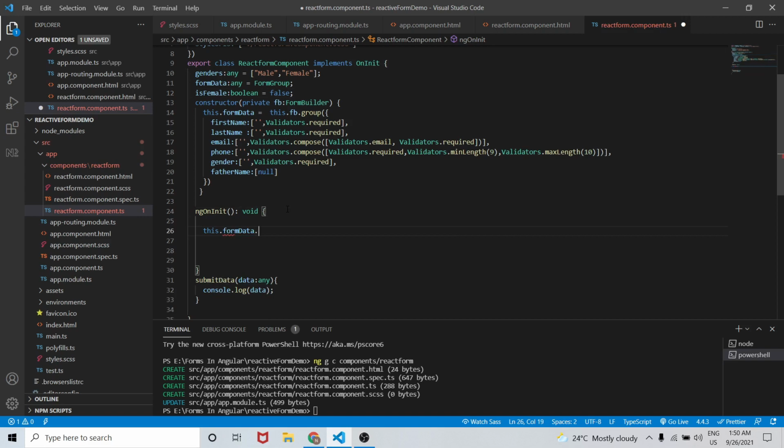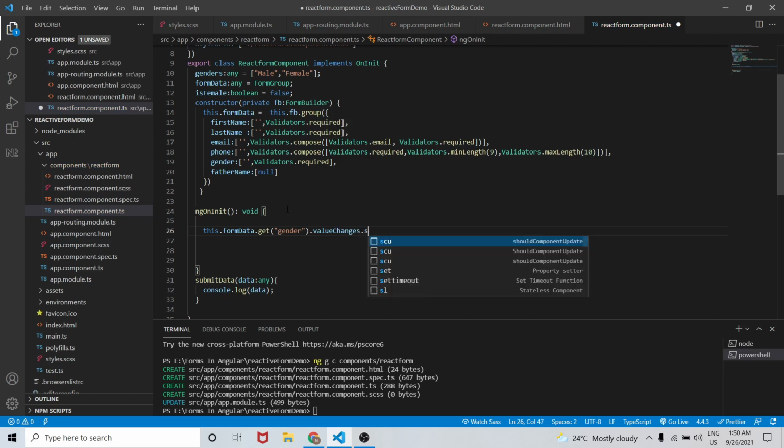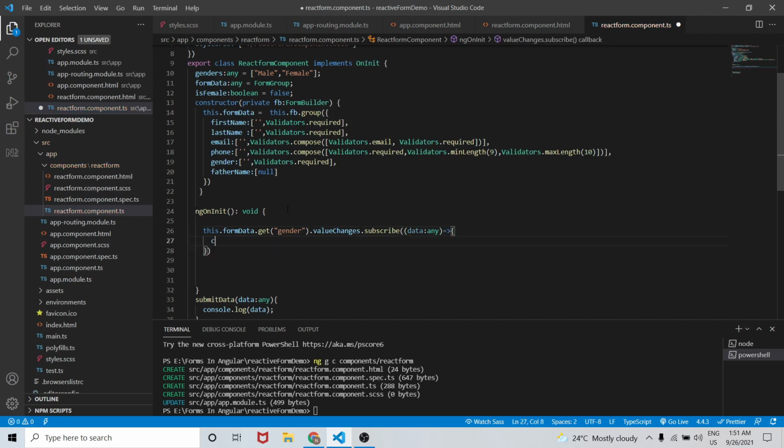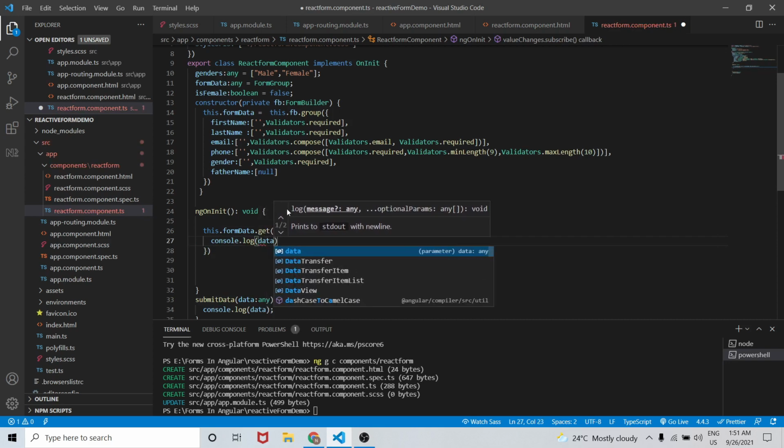So what I can write is this.formData.get gender, and if the value changes, then we will subscribe to it, and it will throw data of type any for now. And let me console.log data.